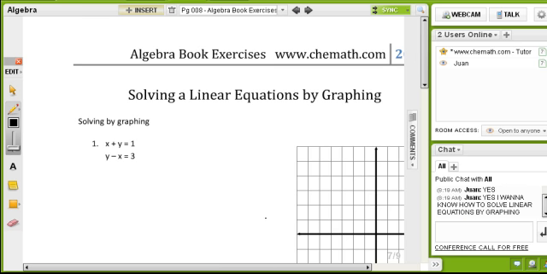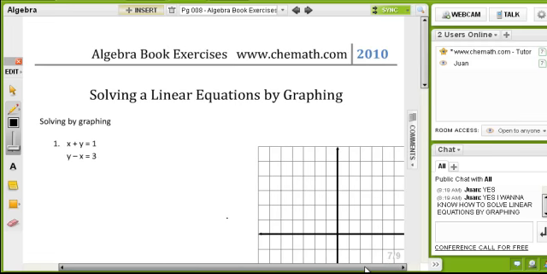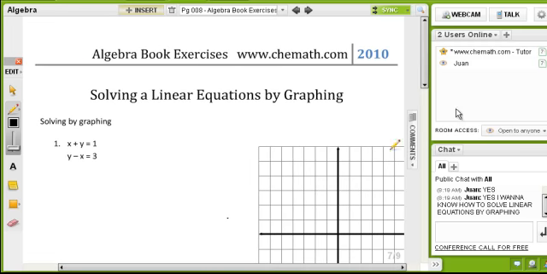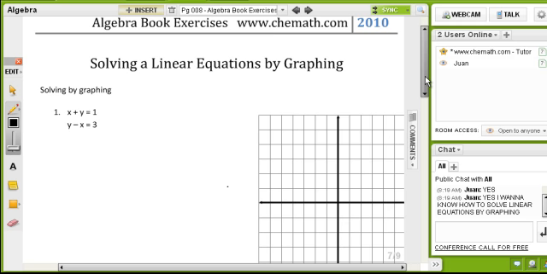Okay, you say you want to know how to solve linear equations by graphing. Yes, actually I have it here. Solving linear equations by graphing. Okay, so is this example okay for you? Okay, good. So the first thing we have to do is